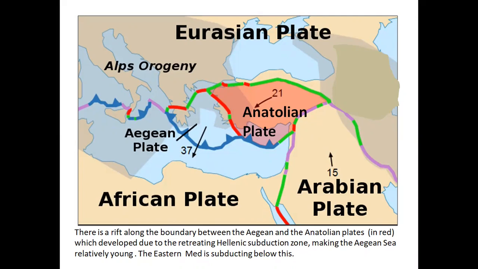Just my comments on the bottom, there's a rift along the boundary between the Aegean and Anatolian plates, red, which developed due to the retreating Hellenic subduction zone, making the Aegean Sea relatively young. It's moving southwards, or expanding southwards at 37 millimetres a year. That's 37 kilometres in a million years. So it's quite significant, and accounts for the region of Santorini, where there are a series of volcanics,